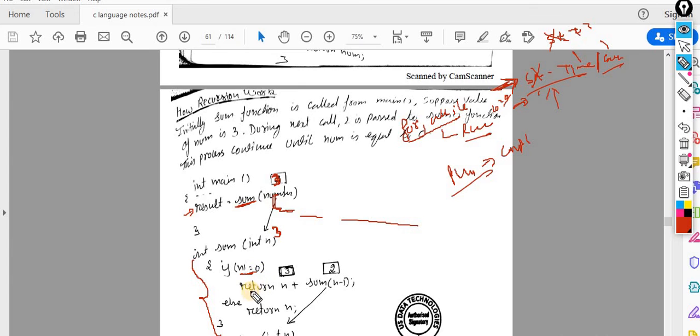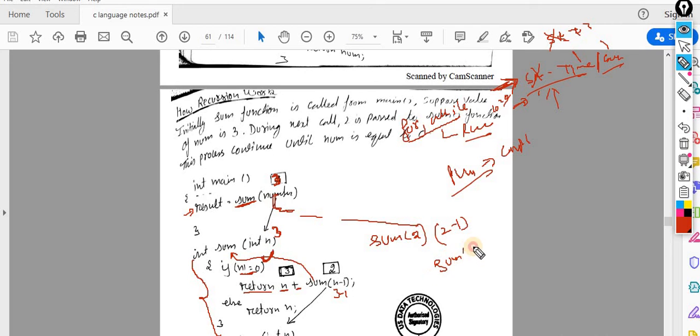This is my base condition. When n is not equal to 0, I return n plus, again calling this function, the sum, with 3 minus 1. So I am calling this function inside the function with this. In the next iteration, again it is not equal to 0, I am calling this function with this.